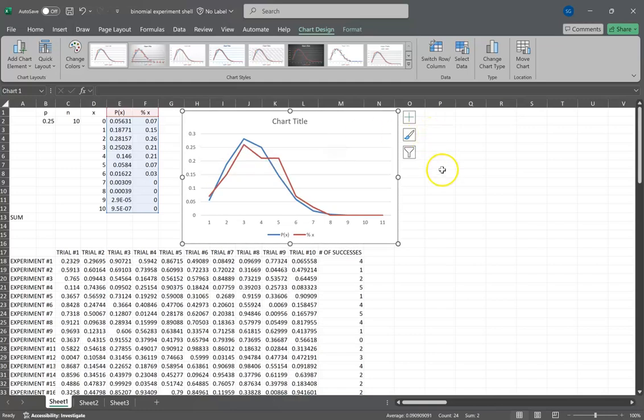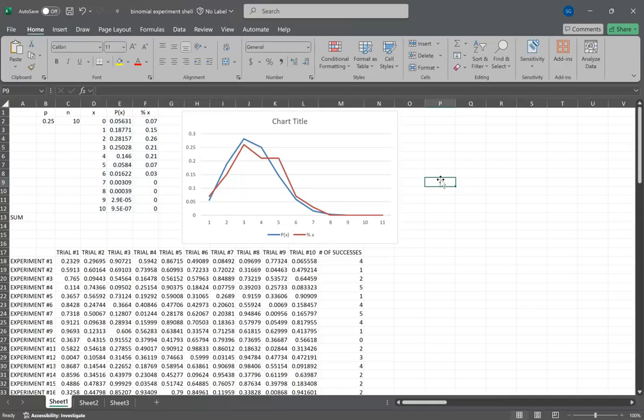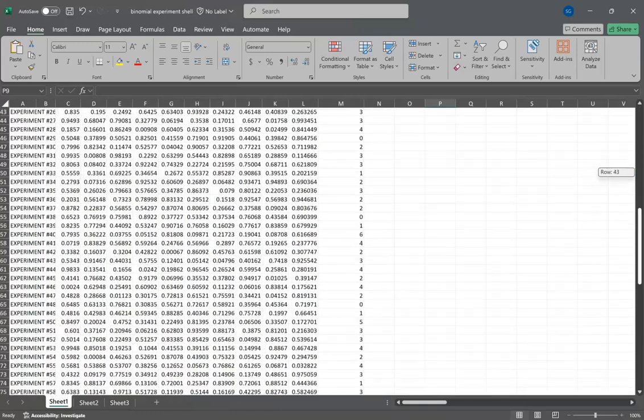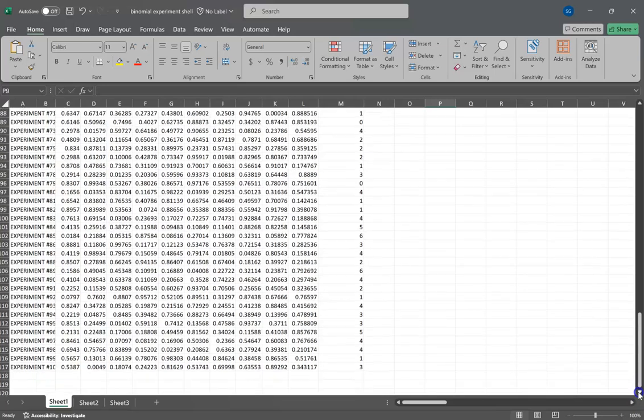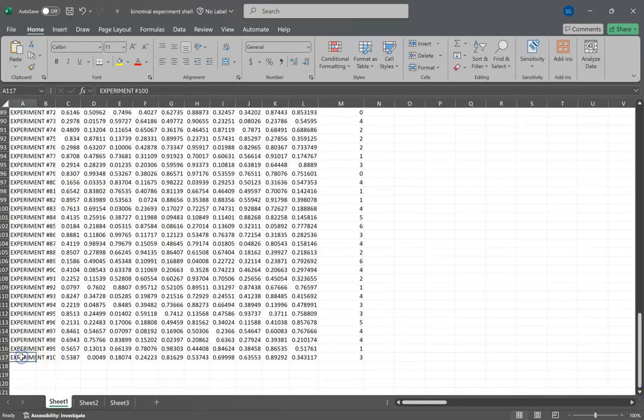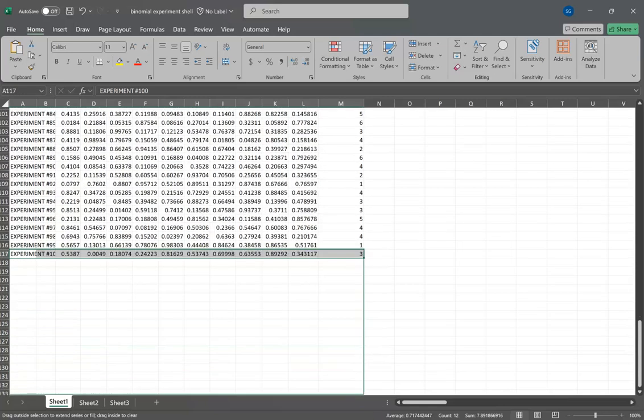So what's the next thing we could do to even more reinforce the value of these probability formulas? Well, we did 100 experiments. That's not really all that many. What if we did, instead of 100, what if we did 1,000? If we did 1,000 experiments, we might expect that the probabilities and the outcomes of the experiments would be a lot closer. So in order to accomplish that, let's go down to the bottom and let's just extend by copying experiments way down